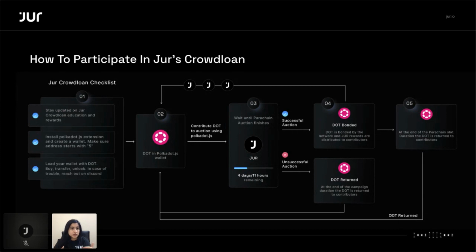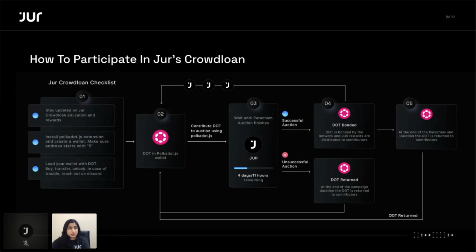But until then, we can just continue to hop on to the next slot next week. So you'll know exactly how long the crowdloan is going to be live for, and you can contribute. In case the crowdloan is very successful, then the DOT that we have contributed would be bonded, and this is when the Joule chain will also become live,